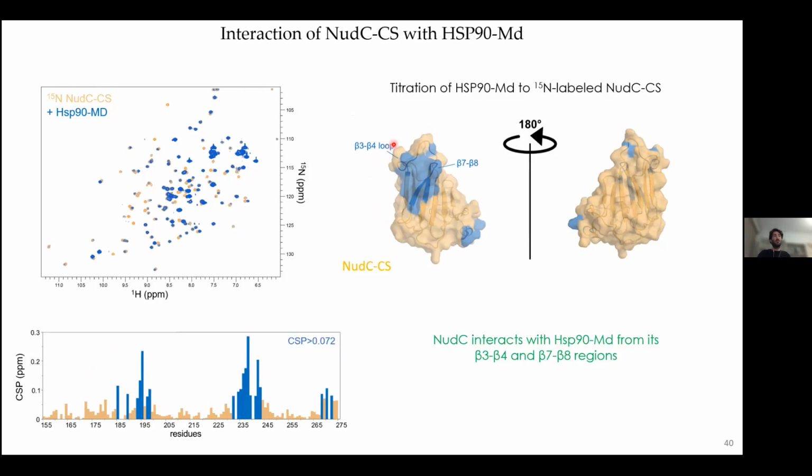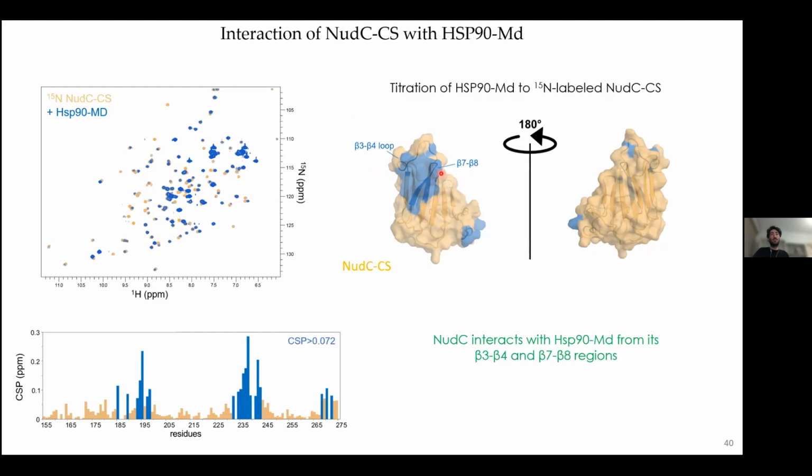And when we report them on the structure of NASP, we can see that they form a well-defined surface that is centered around the beta 7, beta 8 strand and the beta 3, beta 4 loop. And we can see at the back of the domain, we have absolutely no perturbation. So with this NMR experiment, we could determine the interface of interaction between the NASP CS domain